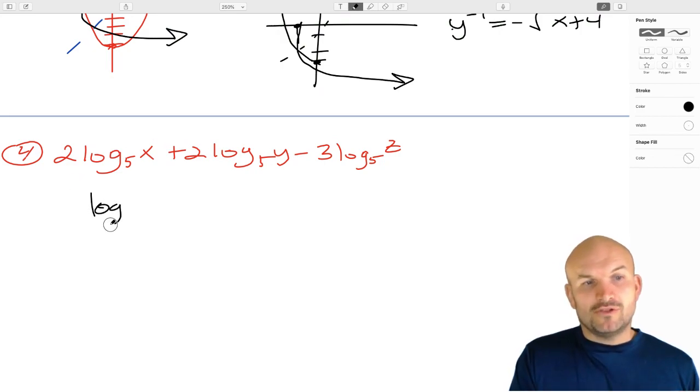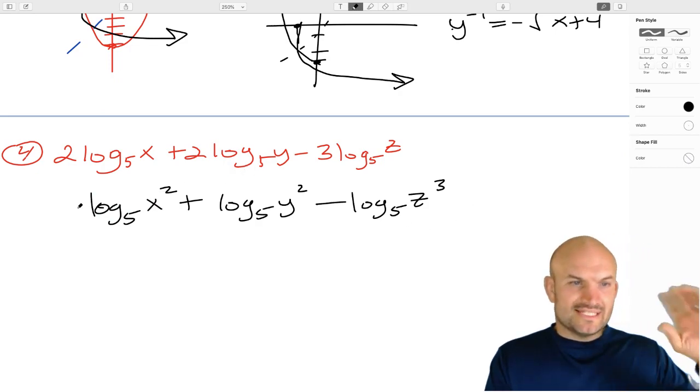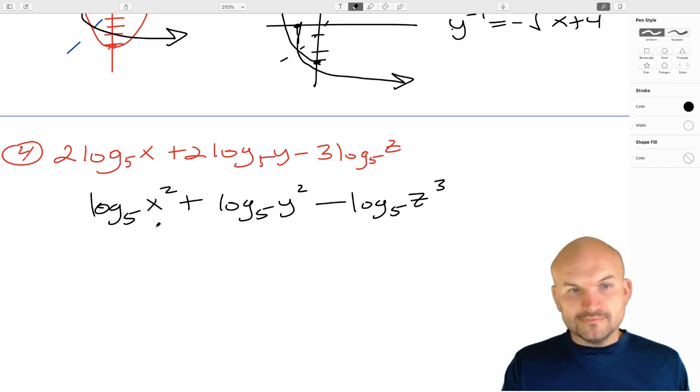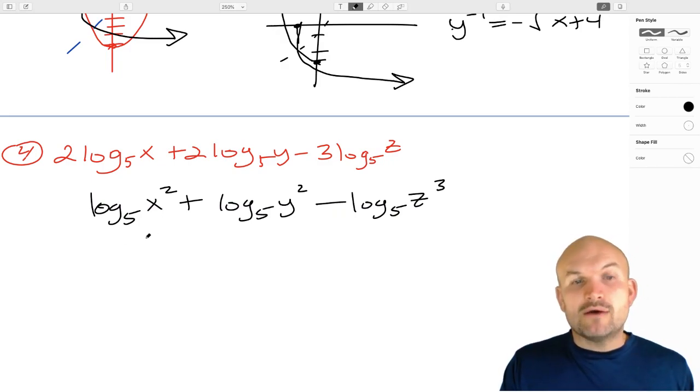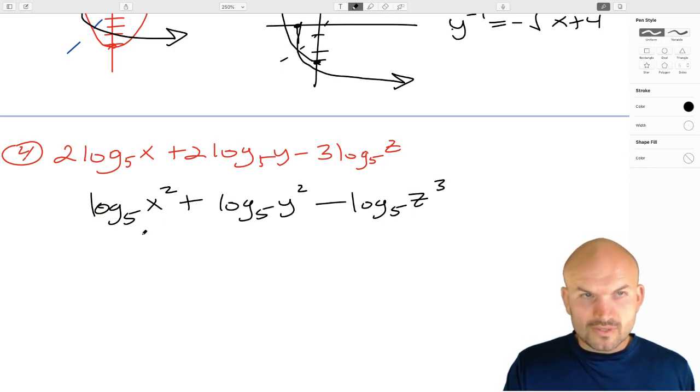So in this case, we can have log base 5 of x squared plus log base 5 of y squared minus log base 5 of z cubed. Okay? So we can take that number in front and rewrite it as a power of the argument of the logarithm. Now the next thing is, we can use the sum and difference rules of logarithms,